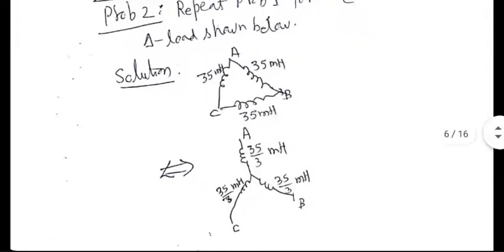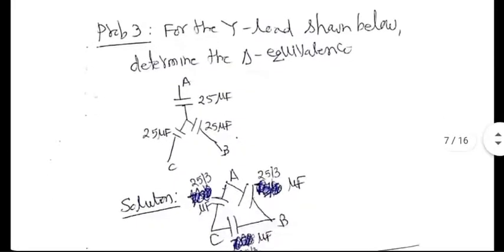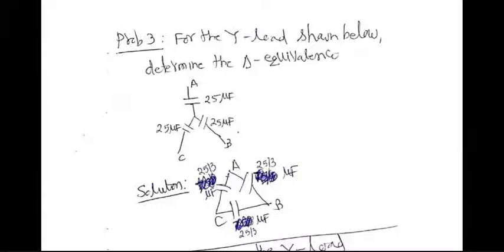Now suppose these 3 were not inductors in the delta load, but were capacitors. What would happen? Here we go. All are equal. But now obviously, of course, I have twisted the problem here. I am giving you star load to begin with. And I want you to calculate the corresponding delta load. Even I got confused in the beginning.